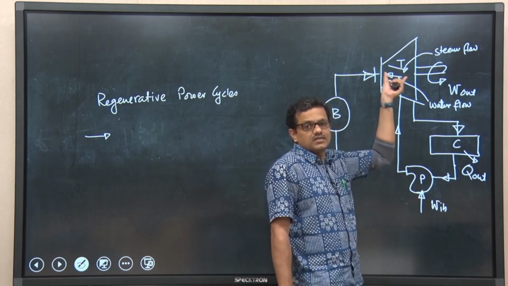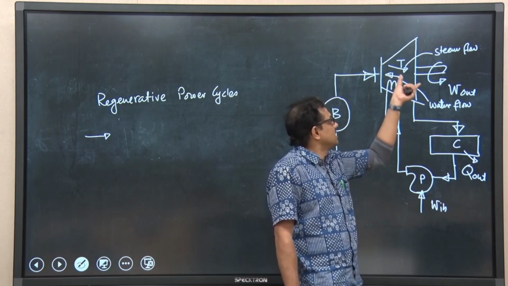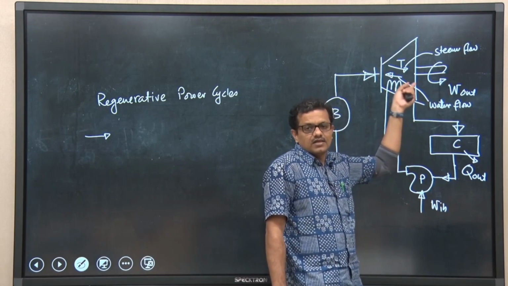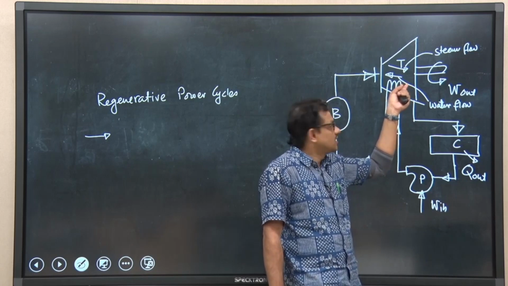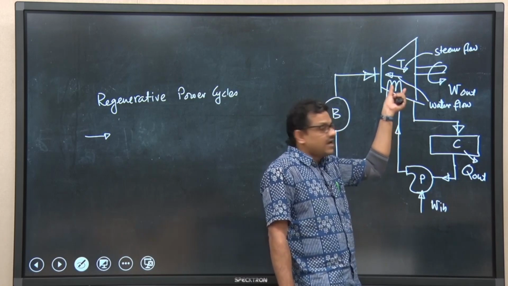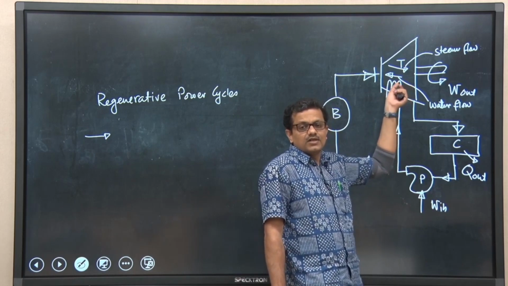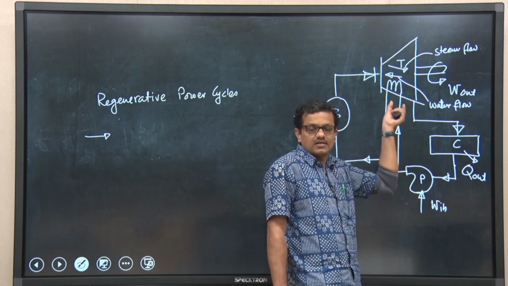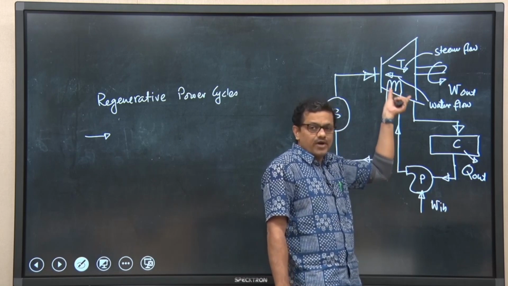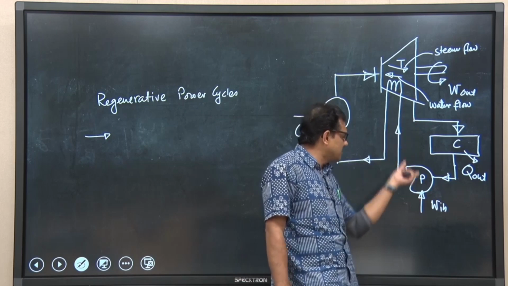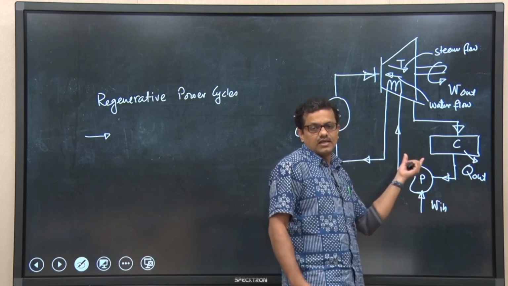At the cost of this expansion inside the turbine, we get work output, but the temperature of steam will reduce. So, if we allow steam to expand isentropically, and if we bleed or extract steam at different points from the turbine, and if we allow that steam to be mixed with feed water,